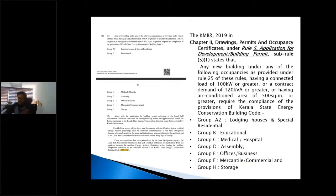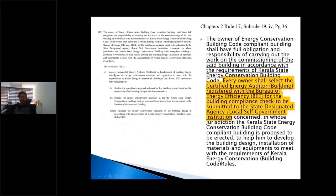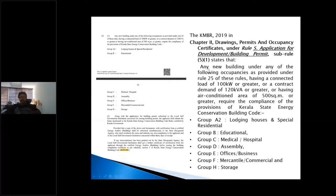Now, here we have taken out certain extracts from the KMBR, that is the Municipal Building Regulations 2019, to show how the ECBC aspects have been incorporated in the municipal building rules in 2019. So as you can see here, on the left hand side, what you see is a snapshot from the regulation. I believe this has been shared with you. Now here, in terms of applicability, so drawings, permits, and occupancy under Rule 5, application of building permits, sub Rule 5.1. Under this,